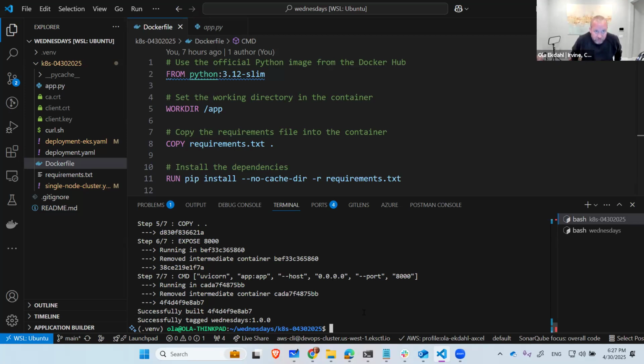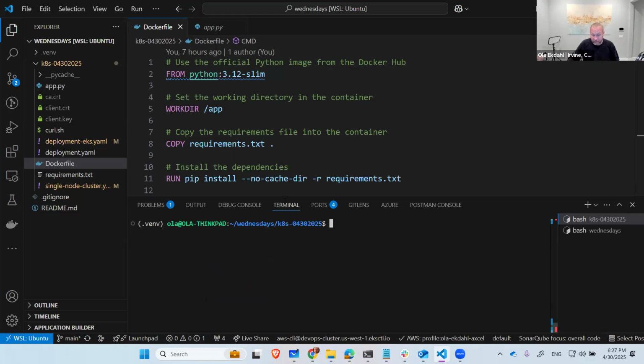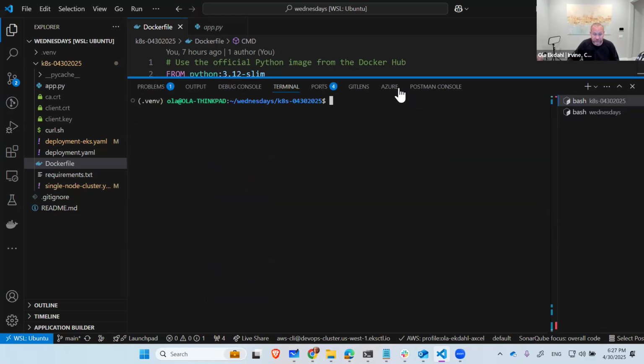I've done this build step already. I tested, made sure everything works. So when I do this again, it says, hey, it looks like you already have an image that is exactly what you're trying to build. So I'm not really doing anything. If I did this the first time, it would take a little bit longer. In this case, it would be kind of quick, but it would take a little longer to complete. And what I can do now is I can get a list of